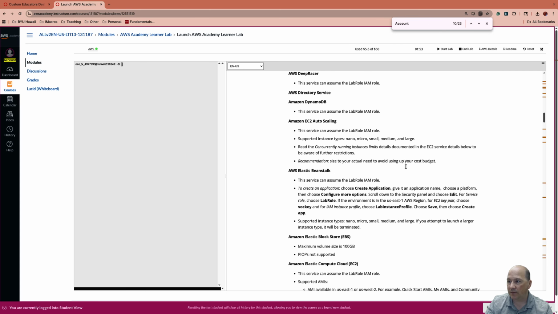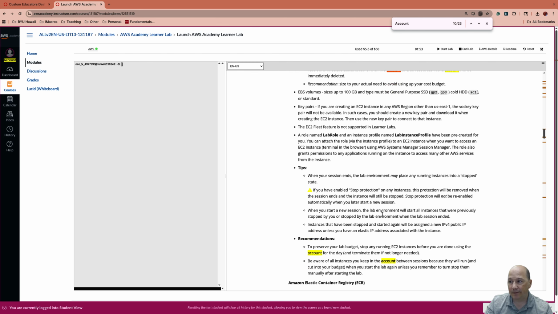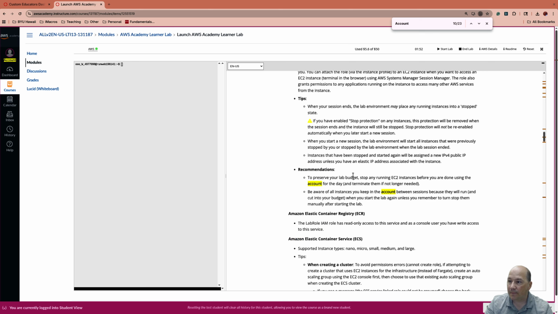So let's look at the next one. Caution. If you have 20 or more concurrent running EC2 instances, that's another one where your AWS account and all resources in the account will be immediately deleted. Okay. So another one. To preserve your lab budget, stop your EC2 instances, and be aware of the instances that you keep in your account between sessions, because